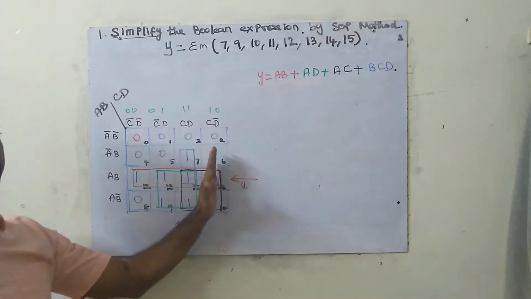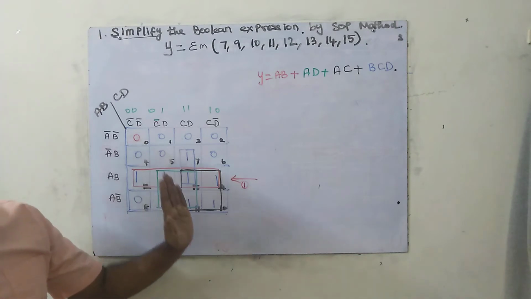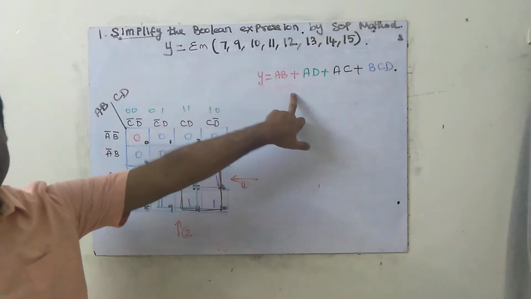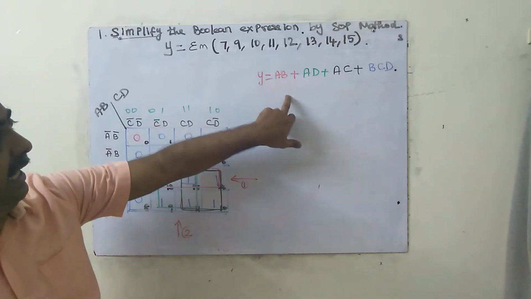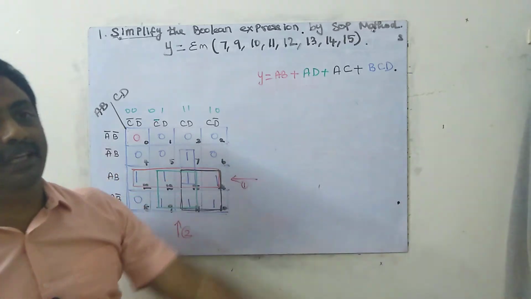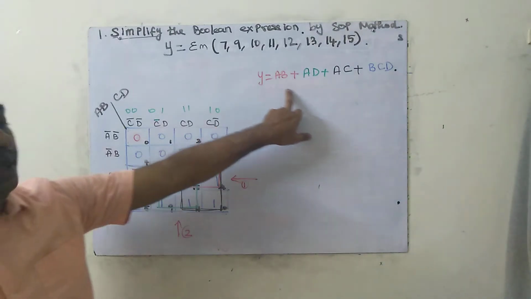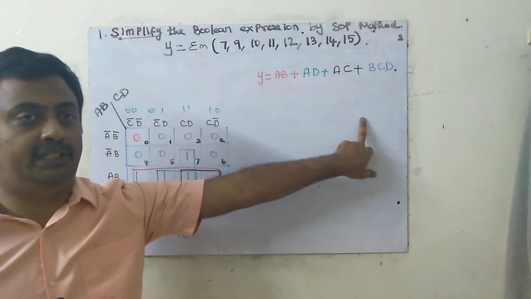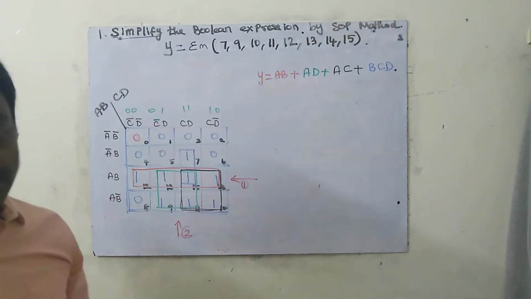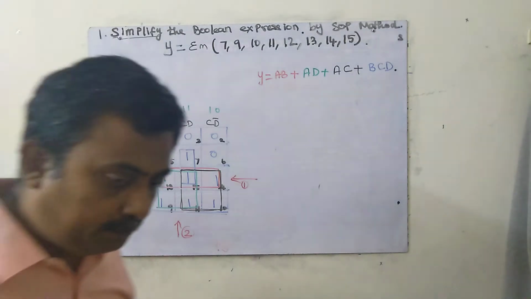First, we have to check from here, then we have to check from here. Okay, this is the equation. This is a simplified equation. We cannot simplify it further; it's very, very difficult. I can take A, then B plus C plus D. Like this, I can change it. That's the only thing we can do. But the K-map will give the maximum simplified version of the equation. Next we will see another SOP problem.